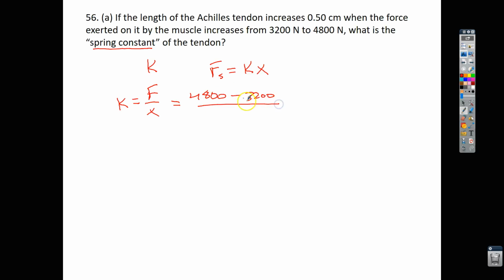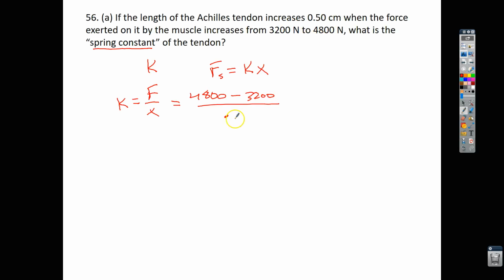So we're trying to find out what is the overall force when it has the increase in tension on that muscle of 3,200 to 4,800. So we need to find the difference between the two. So we find out what the actual force is stretching that Achilles tendon, and then we need to divide it by our